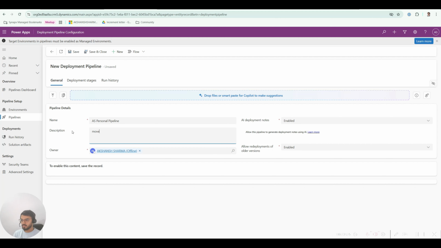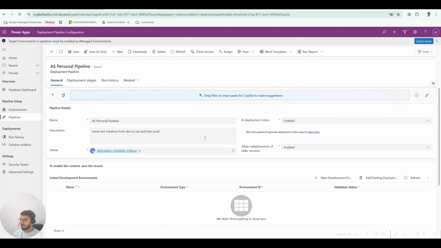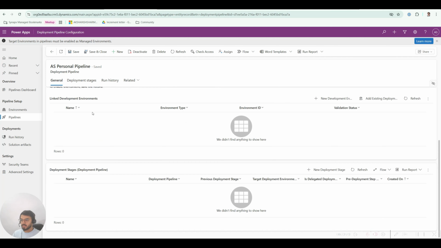Right, move test solutions from dev to UAT and then prod. All right, let's click save. Perfect. So now you can see the moment I click save, right, I have two new sections enabled